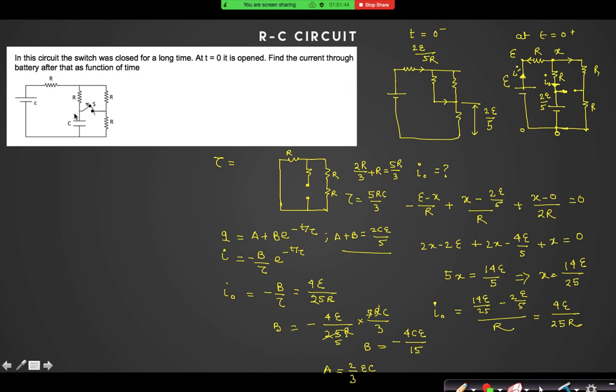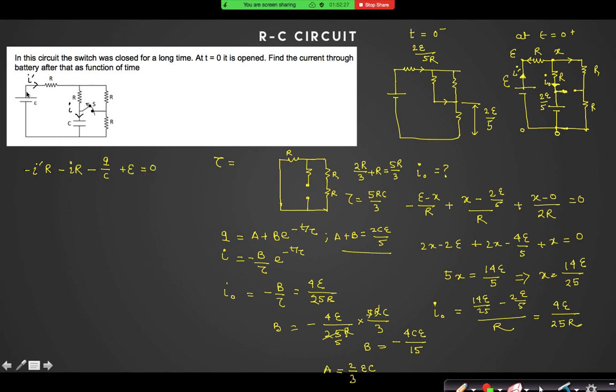Okay, let me calculate it first. Let us assume this current I have calculated I. We know the value of current I, but I have to find the value of current I prime. So can I use this equation? Minus I prime R minus IR minus Q divided by C plus E equal to 0.